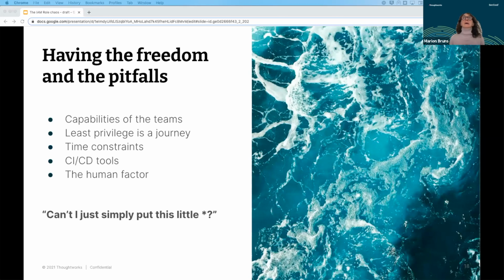Now, if you go the path with delegating, there will be a certain freedom for the teams. And as mentioned before, it is a mess and there is a learning curve, which every team has to go through. The pitfalls here are, first of all, capabilities of the team.